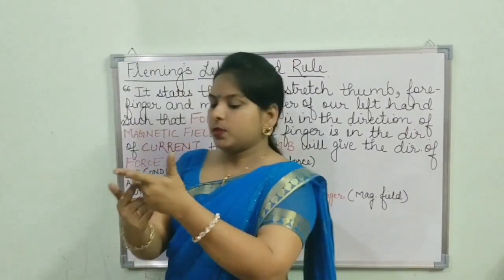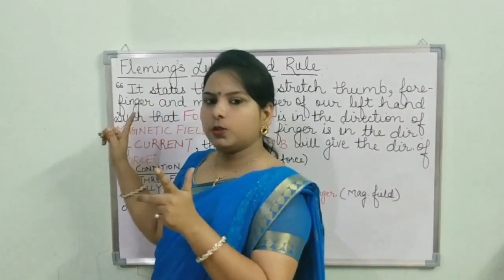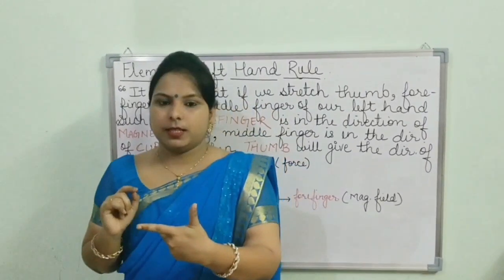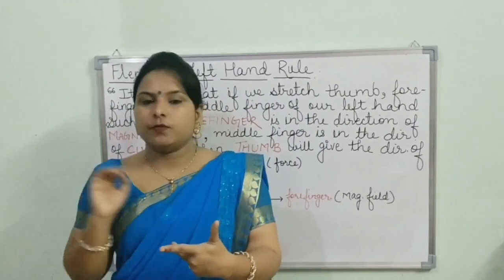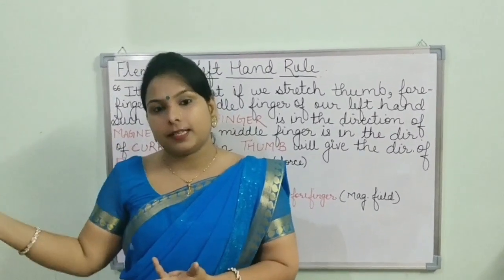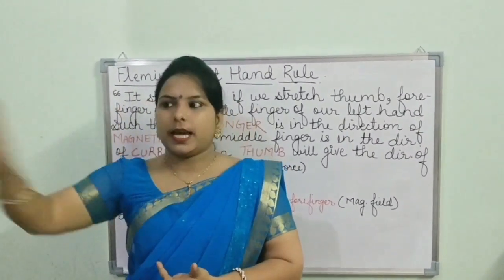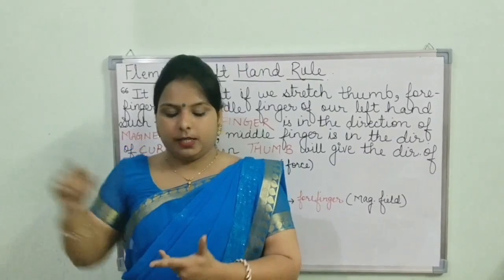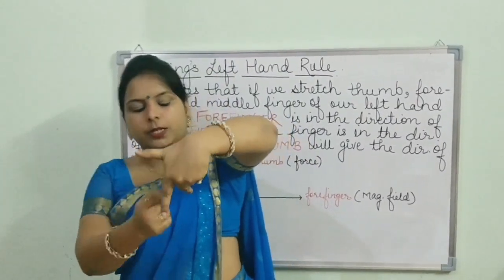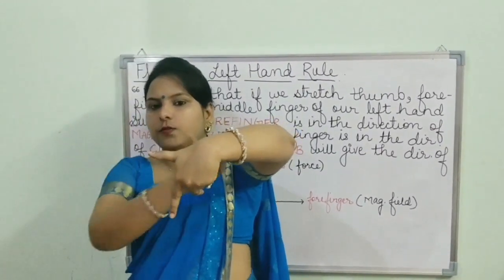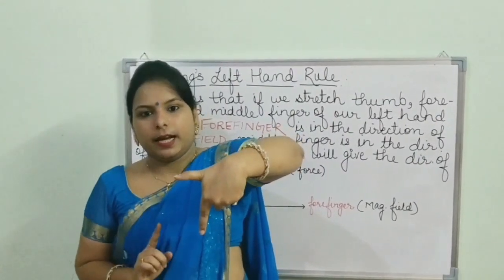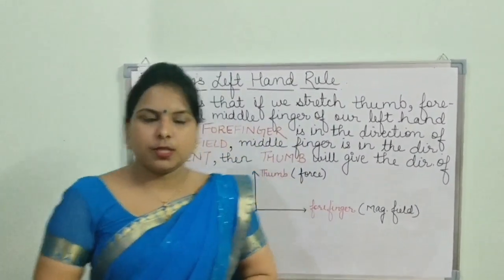So put your fingers. This is the current, front wall to back wall. So I will put my middle finger like this. Now the second condition is the external force exerted on that electron, and that electron tends to move to my right side. So right side means this is the direction of force, from left to right. Force is my thumb, so I will tilt it like this. The direction of current is this. The direction of force is this. So what will be the direction of magnetic field? Towards the downward direction. So this is how you have to use this rule.